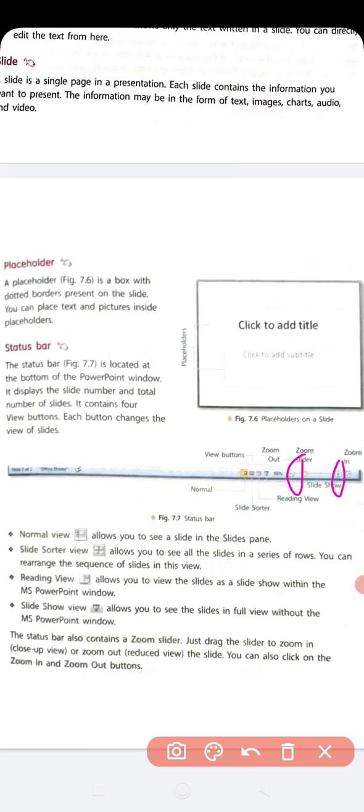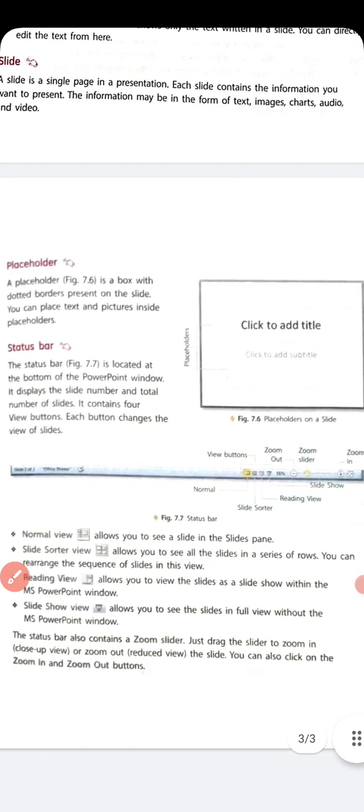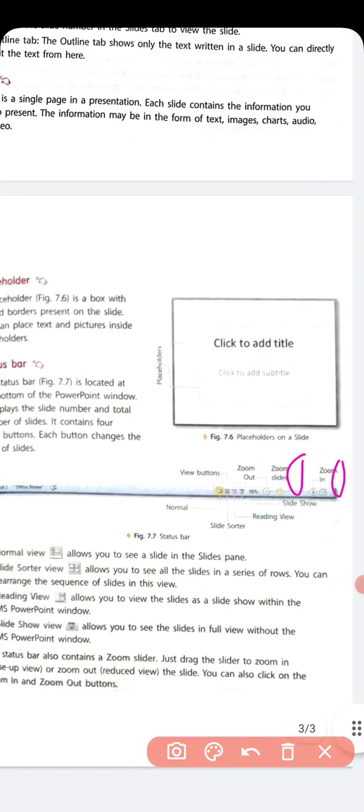With the help of this slider, we can zoom in or zoom out the slide. Zoom in means we can enlarge the slide, and zoom out means we can reduce the view size of a slide.